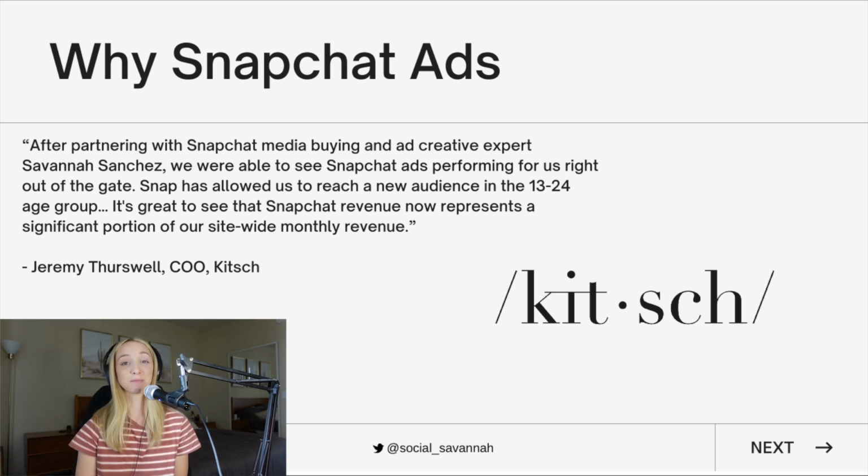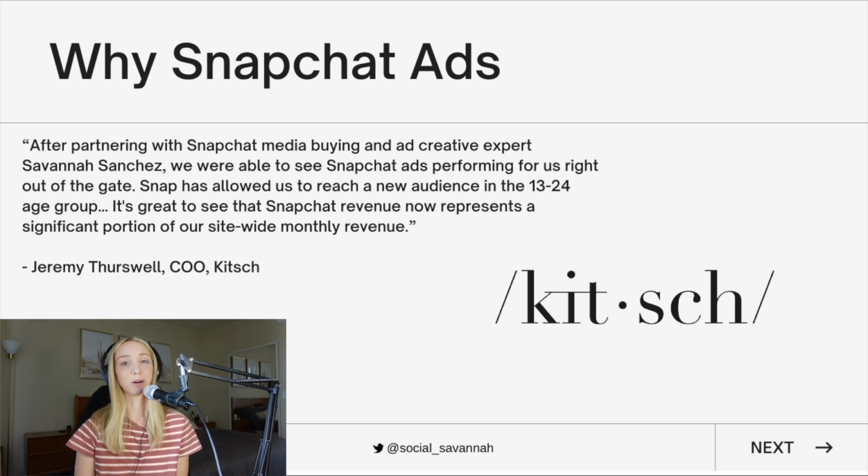While I love Facebook ads and I run Facebook ads for most of my clients, I do recommend, especially if you have a lower AOV product or average order value product, to be advertising on different platforms such as Snapchat and TikTok as well. And one of the reasons I really like Snapchat in particular is that it's great for